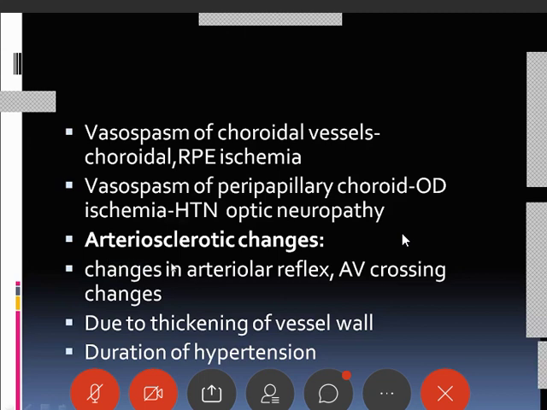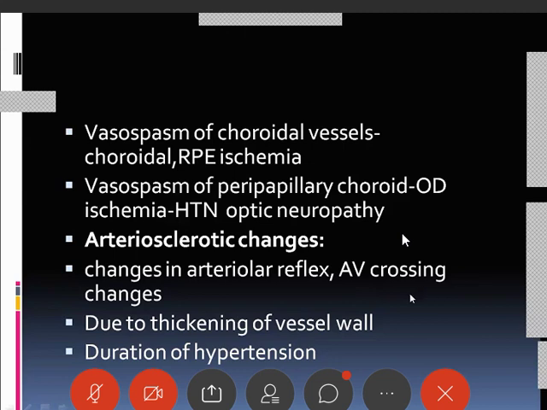The next change is arteriosclerotic changes. In arteriosclerotic changes, there will be proliferation in the vessel wall, hyaline degeneration, and also fibrosis within the vessel wall, and the vessel wall becomes thickened. These changes are manifested as a change in the arteriolar reflex and also AV crossing changes, that is